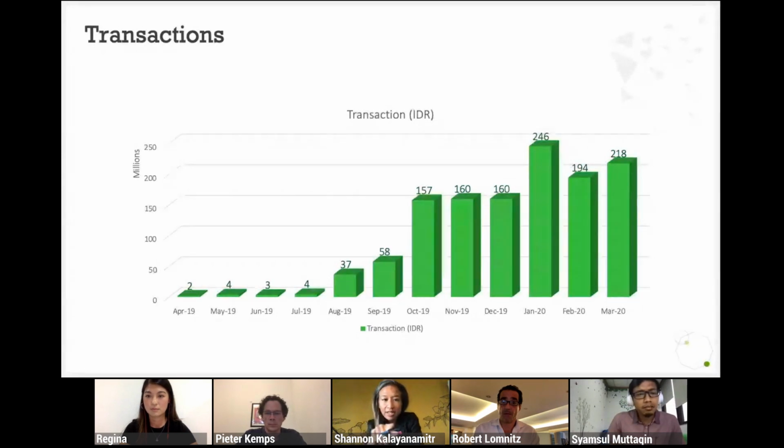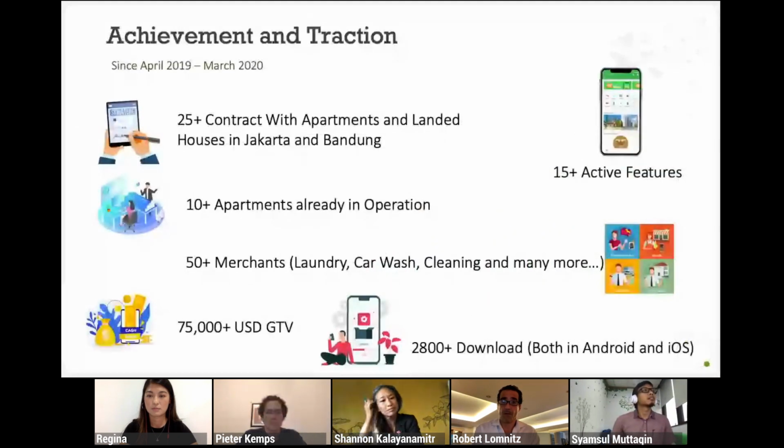And B2B, you had a number there. How many do you have today? And how do you attract buildings? Okay, 25. Currently, we already have 25 contracts and 3 in process to contract.